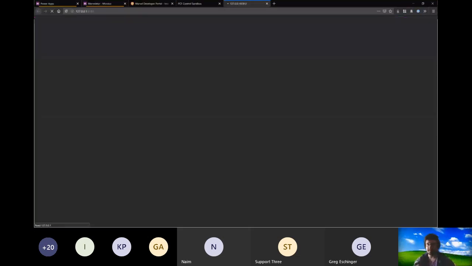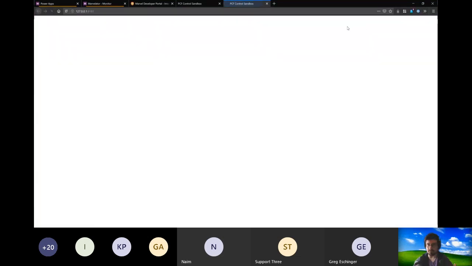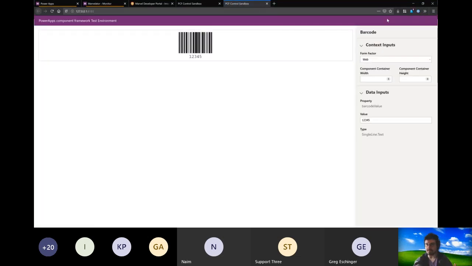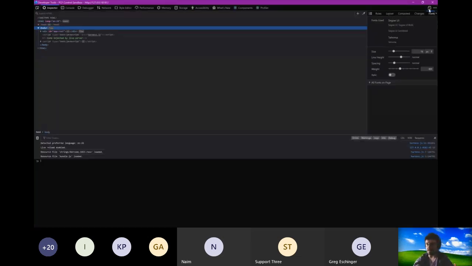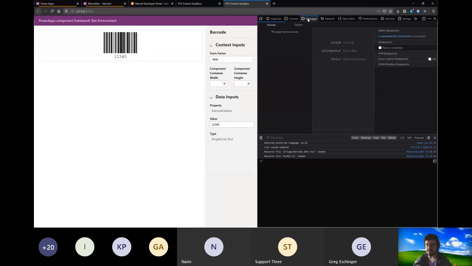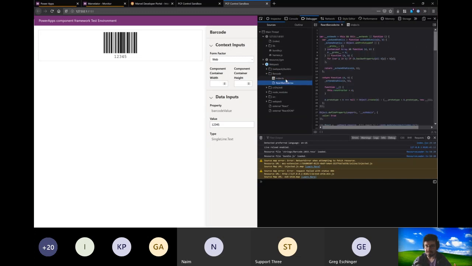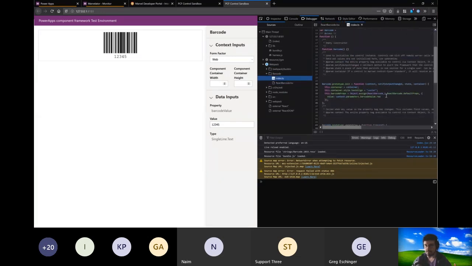All right. So in our developer harness here, we have our control. And the reason I wanted to bring this up is for our dev tools. Let's actually just dock that to the right, so we can see inside our debugger what's going on. If I make a little more room here, everything is compiled with Webpack. And if we look at our barcode directory, we have our index.ts file, we have our tsx file. So we can